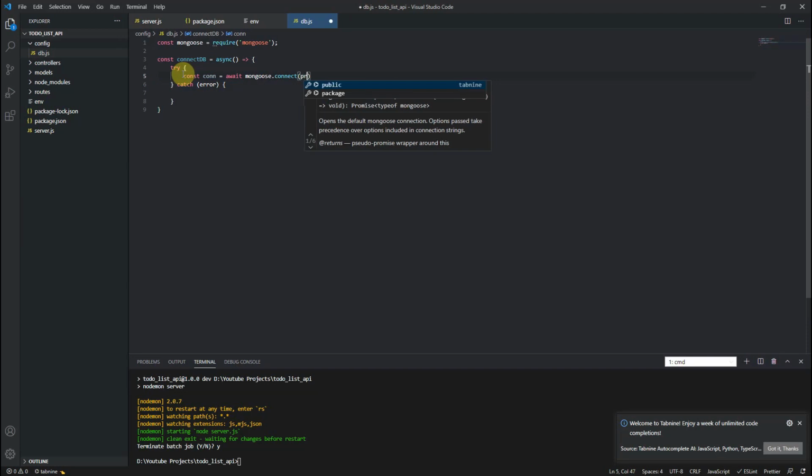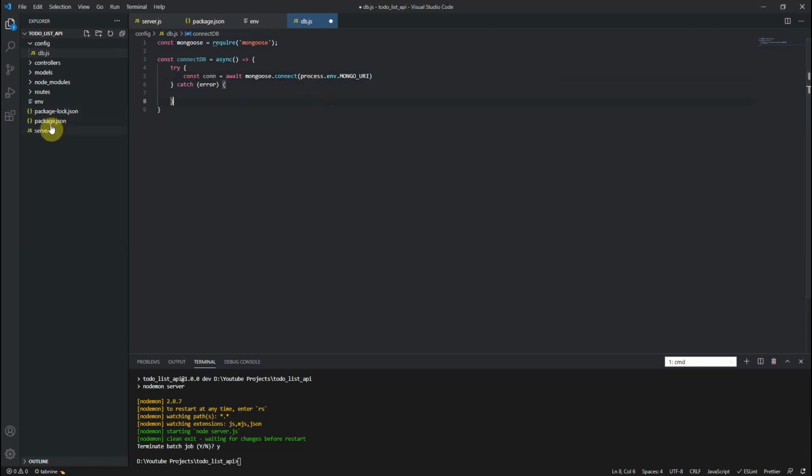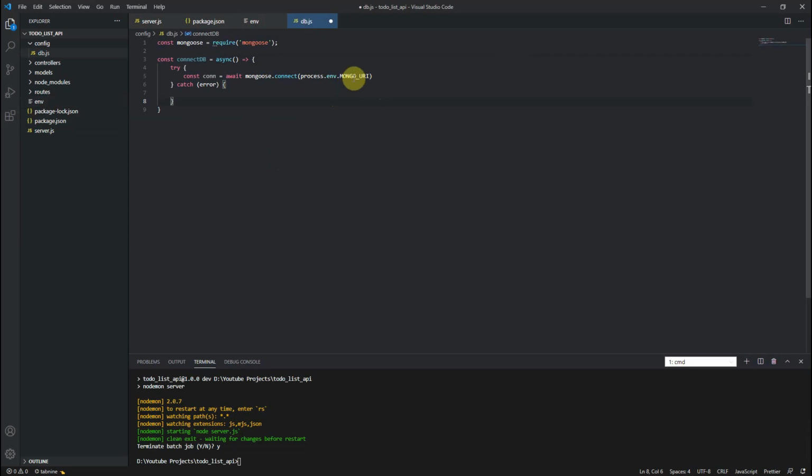First should be process.env.MONGO_URI. This process.env means it will call this environment variable, so this value will go here. This is the Mongo URI.